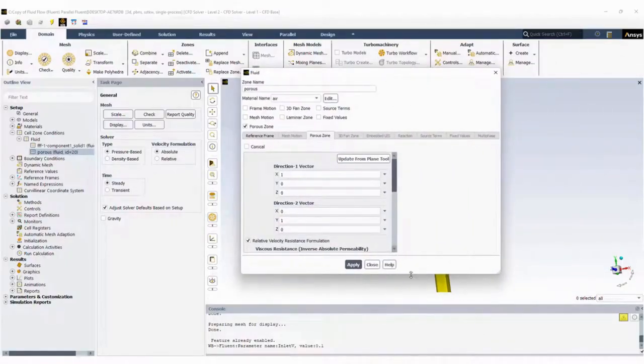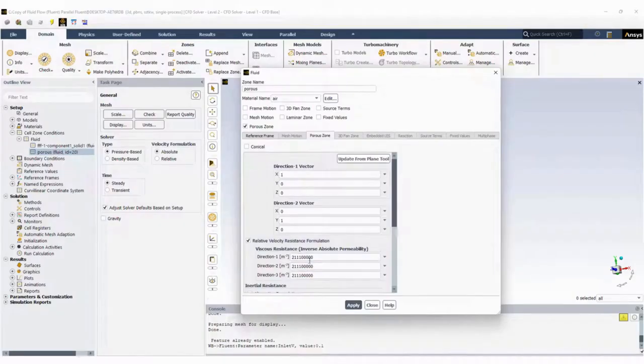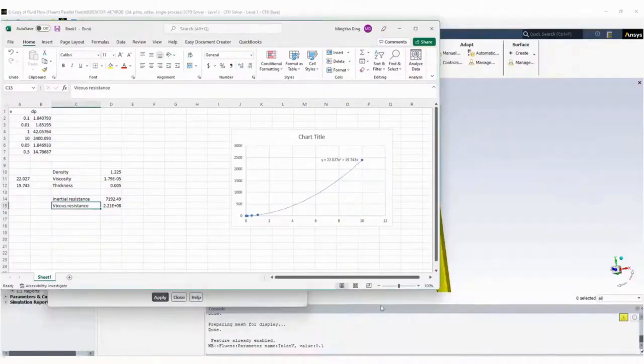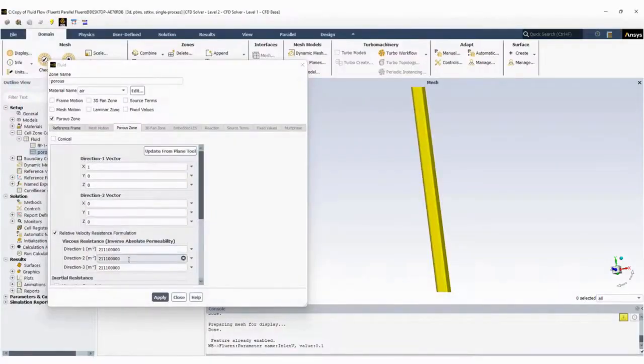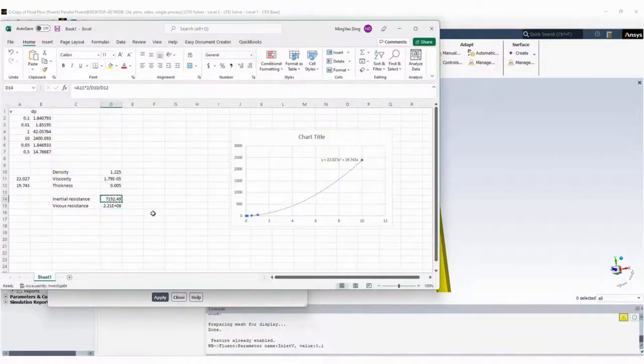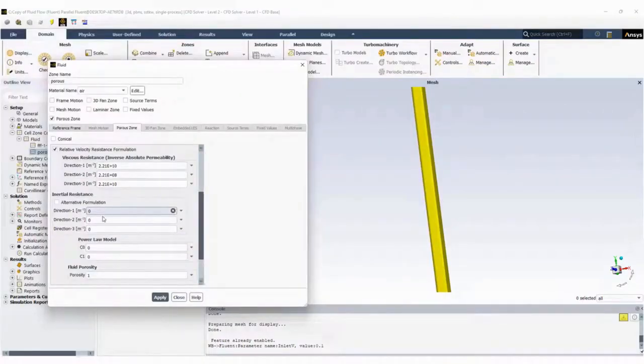And let's put in our viscous resistance. So the flow is going to be in the y direction, and our viscous resistance is this value, 2.21 e to the 8. And so x is direction 1, y is direction 2, so we want this to be that. And usually I make the other direction, since we don't want any flow in those areas, to be 2 orders of magnitude larger. And then we want to put in our inertial resistance values. So again, this is that value,